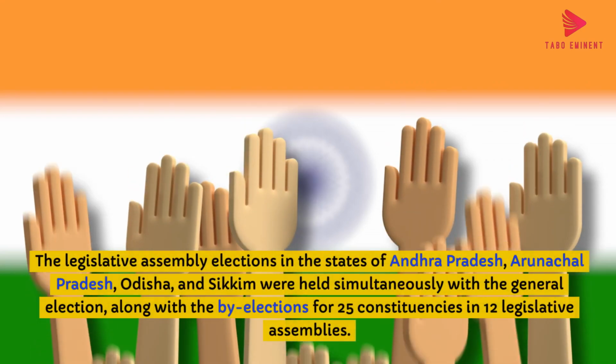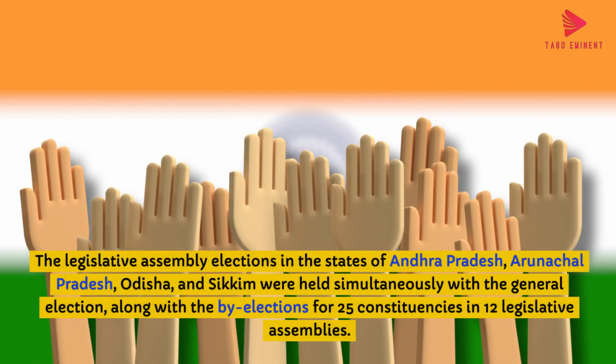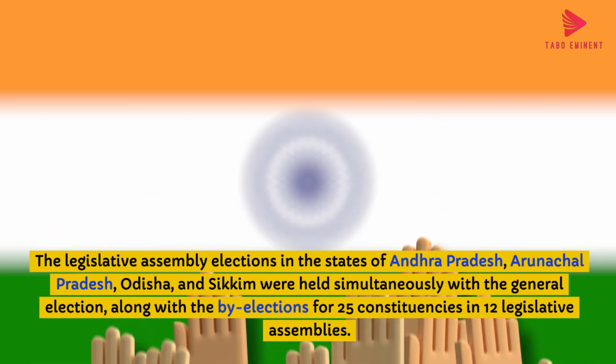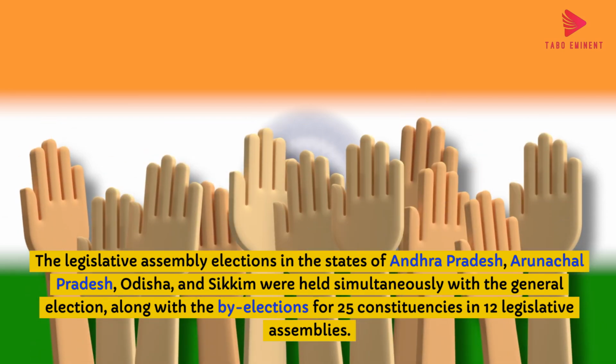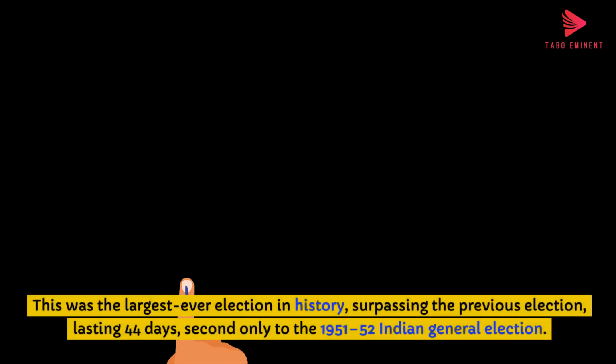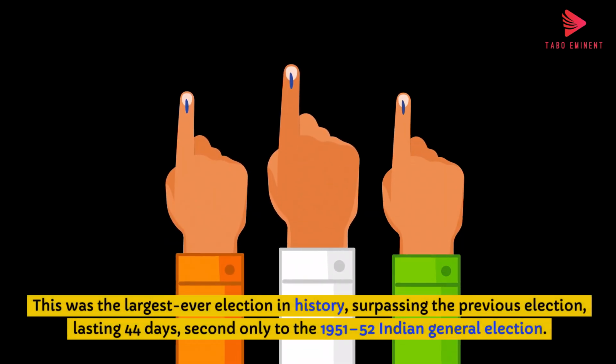The Legislative Assembly elections in the states of Andhra Pradesh, Arunachal Pradesh, Odisha and Sikkim were held simultaneously with the general election, along with the by-elections for 25 constituencies in 12 legislative assemblies. This was the largest ever election in history, surpassing the previous election, lasting 44 days, second only to the 1951-52